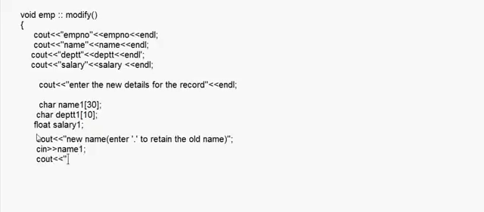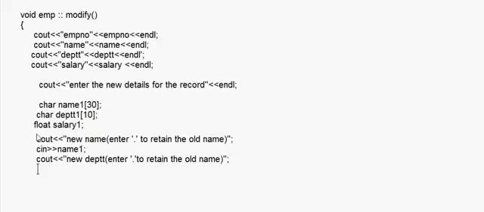Same way, cout new department. Again here I'll write the same thing, enter dot to retain the old name. It's not necessary that it has to be dot only, it can be any character. So you can put something like enter comma to retain the old name, or enter k to retain the old name, enter any character from your keyboard. Okay.